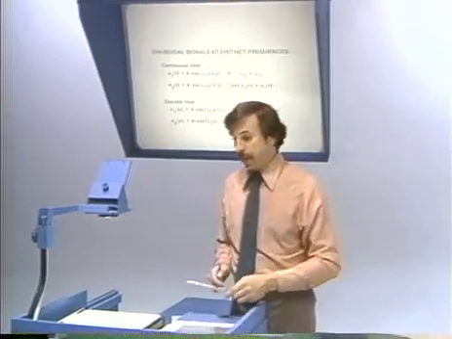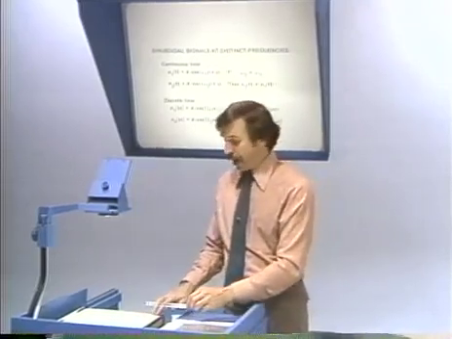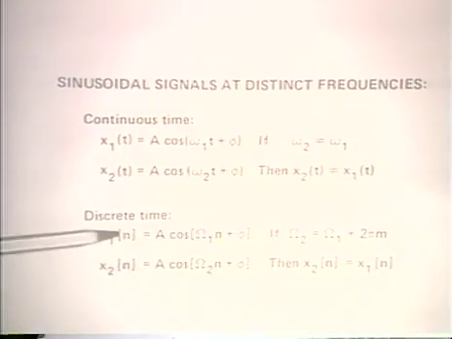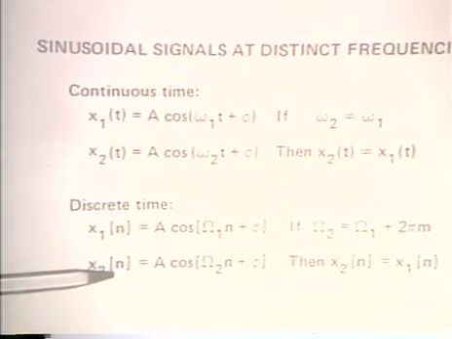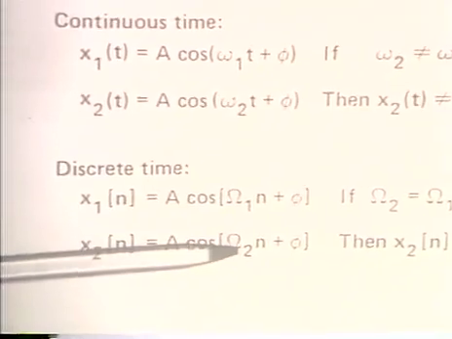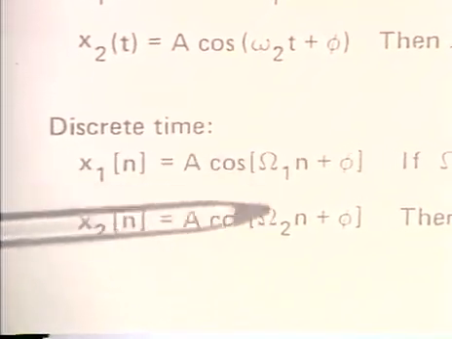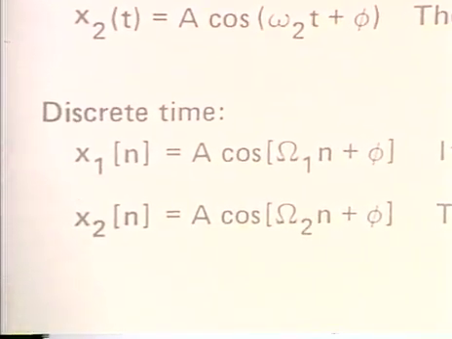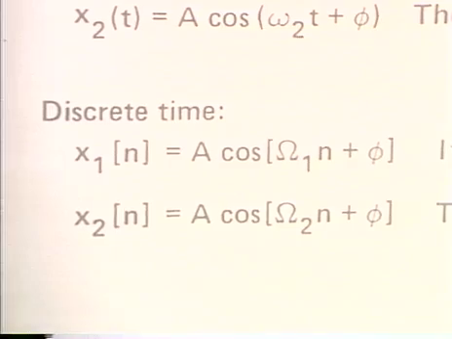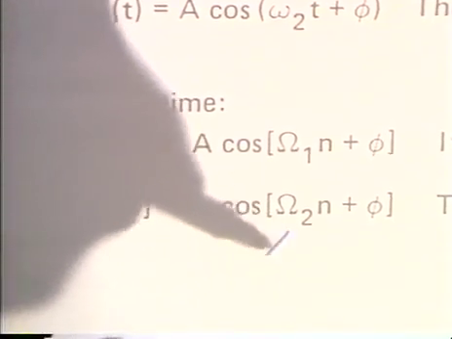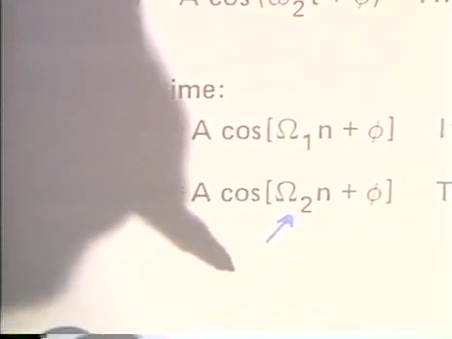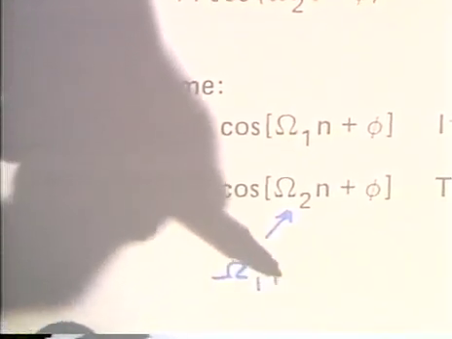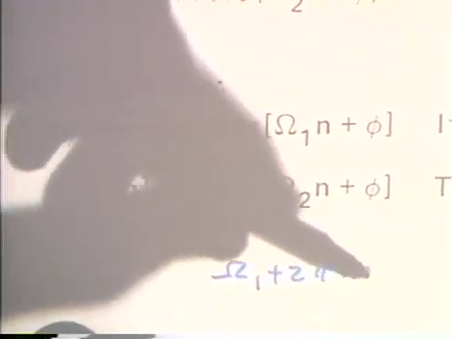The statement that I'm making is that if I have two discrete time sinusoidal signals at two different frequencies, and if these frequencies are separated by an integer multiple of 2 pi, namely if omega 2 is equal to omega 1 plus 2 pi times an integer,